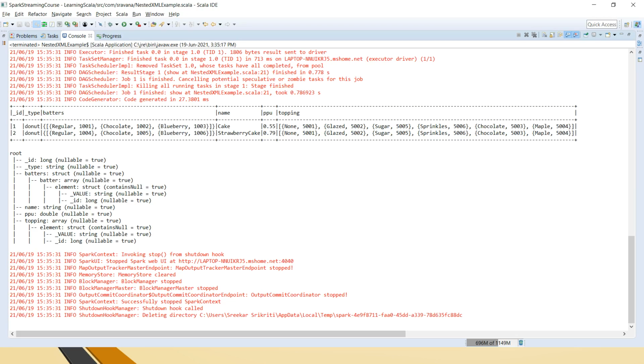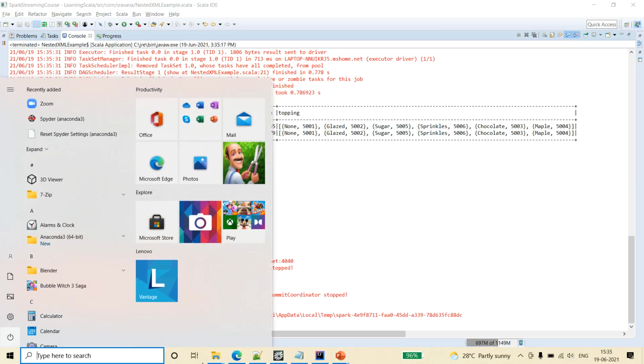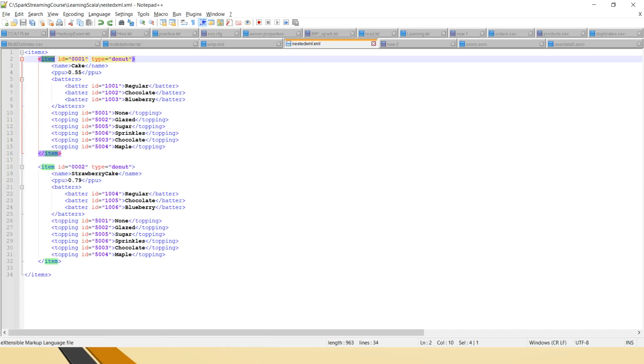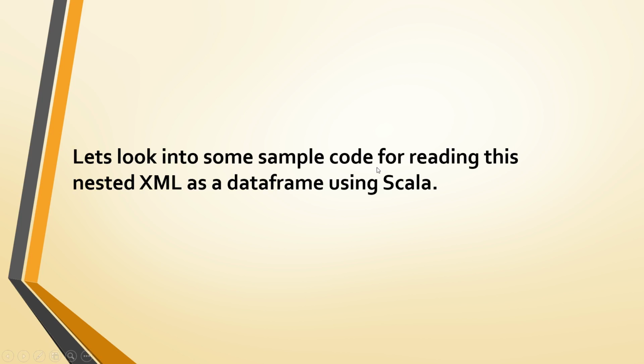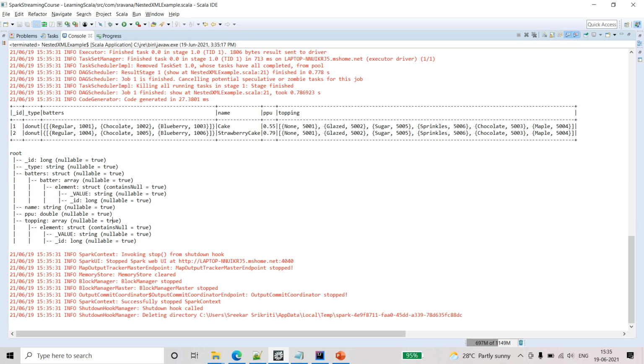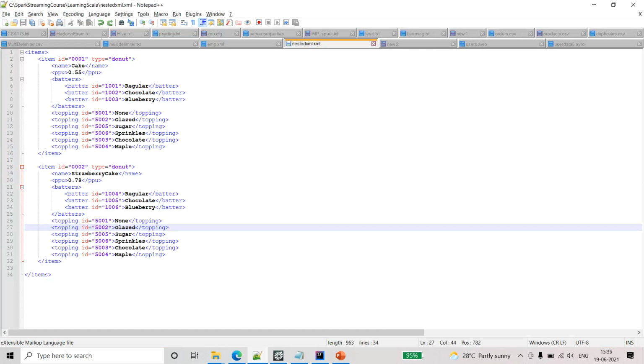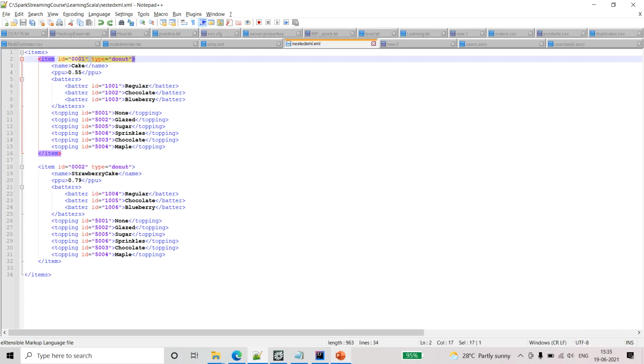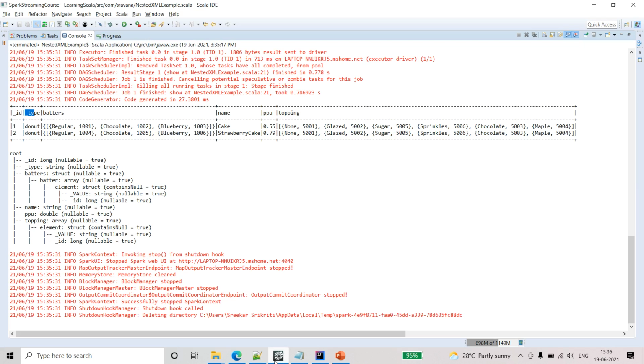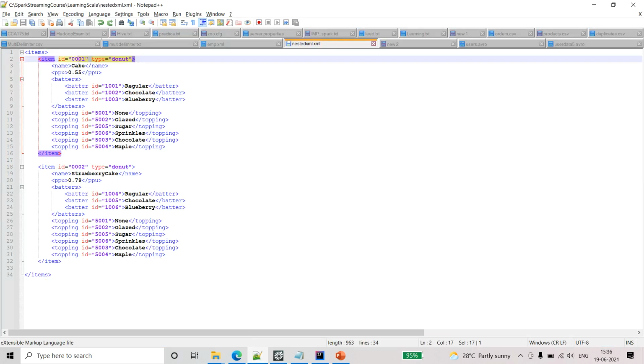If you see here, this ID is the ID which is present here. And type is the type which is present here. So inside the row, whatever attributes are present will be read because of the XML format and the root tag we have used, and that jar file. Because of that it has many classes defined underneath, and you are able to read all these minute details as well. And then batters, which is this one,